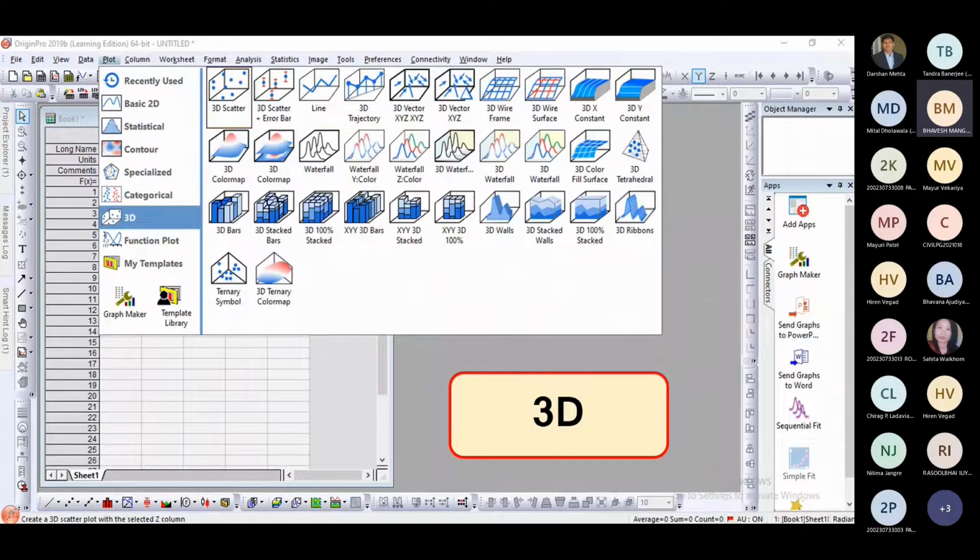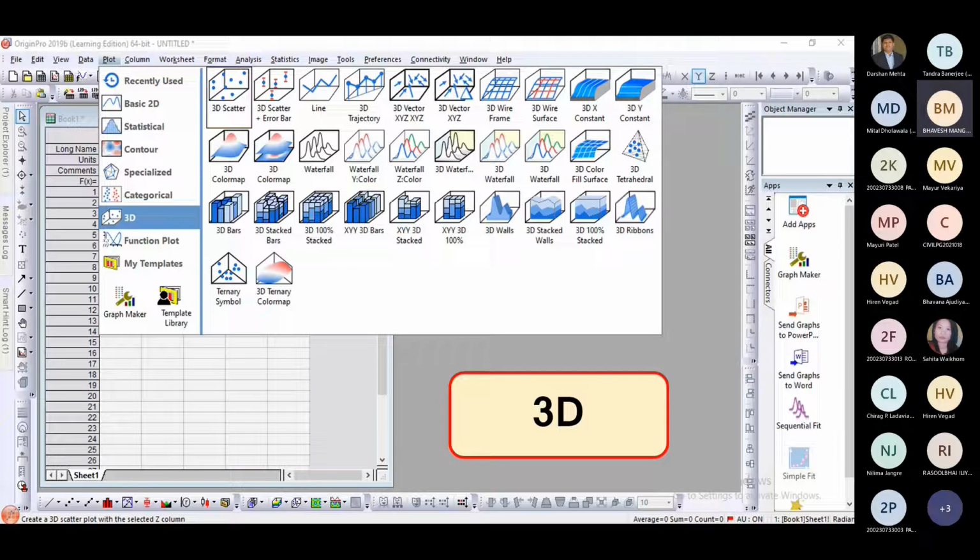3D graphs are also there. The 3D graph facility is very unique and very easy here. So 3D scatter plus error bar, line, 3D trajectory, 3D vector, 3D wireframe, 3D wire surface, 3D X constant, 3D Y constant, 3D color map, overlap 3D color map, waterfall, right?